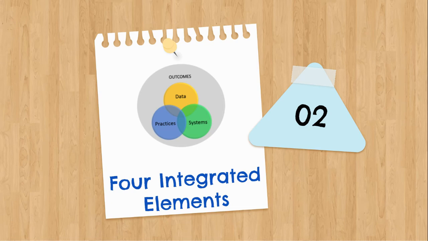And so these practices could be academic practices, like your high-quality instructional practices, or social emotional behavior practices, practices that support student wellness and mental health and positive behavior, and anything else that you might have a specific practice for to target an outcome. And then we look at systems. So systems is the whole school and how it's functioning and how we're supporting the adults in that environment in order to implement these practices effectively for students. And these measurable outcomes are going to be supported and evaluated by data.